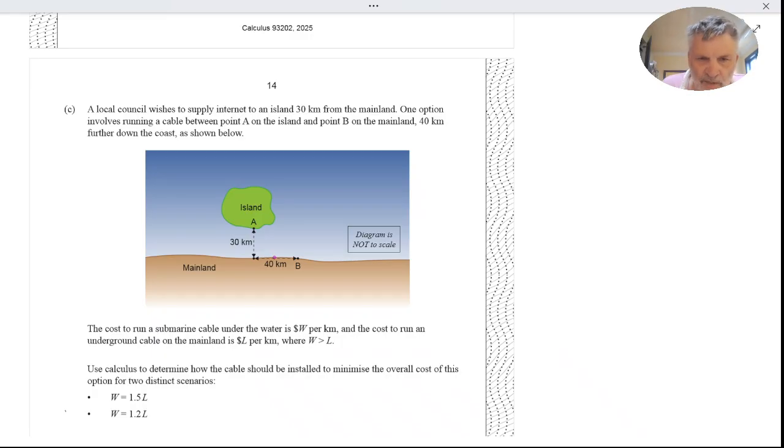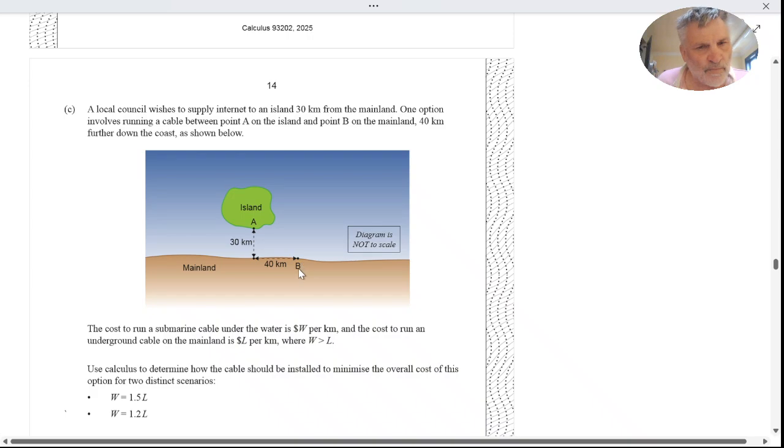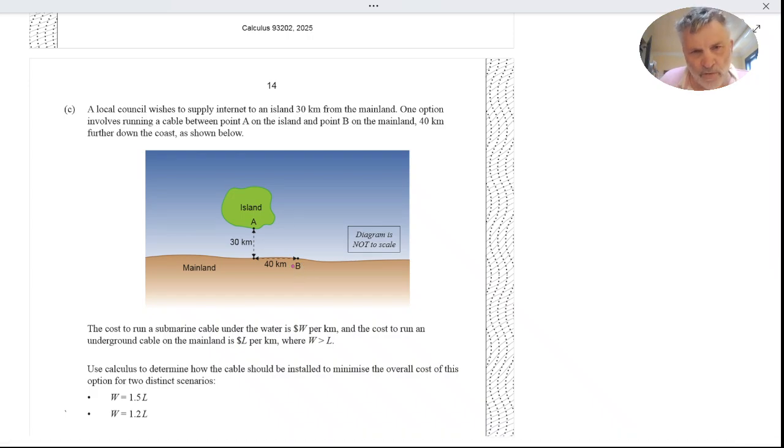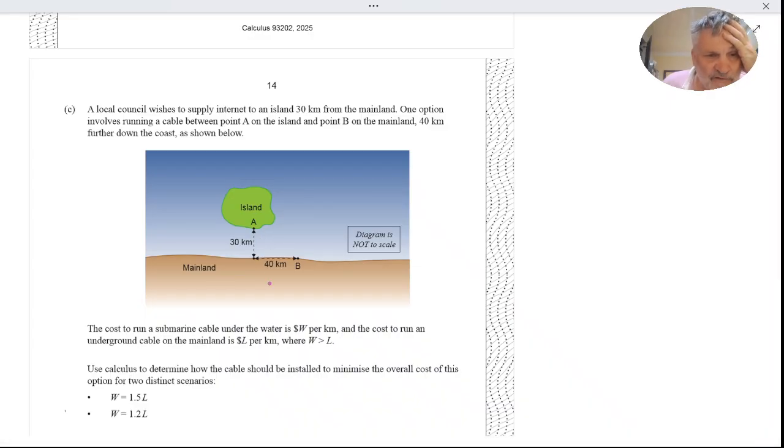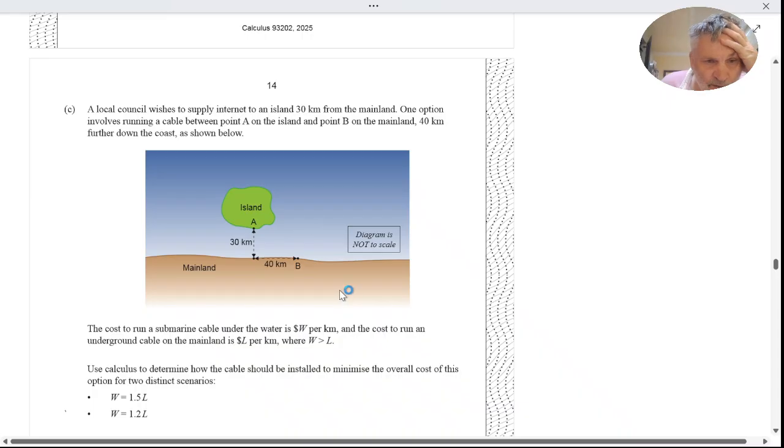Well, it will be better depending on the costs, actually, because sometimes the benefit from going straight down won't compensate for the benefit of going straight across. The extra cost of going further in distance won't compensate for the reduction in distance we have to go under the land, as we will